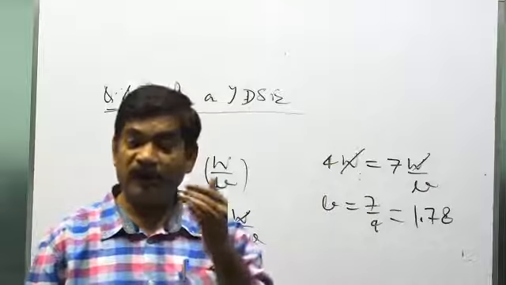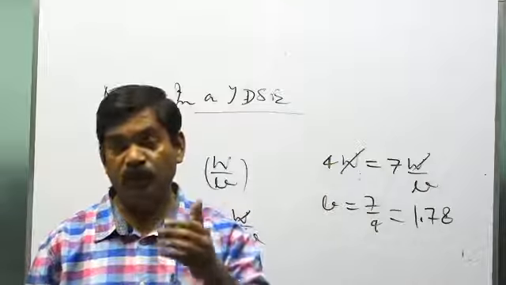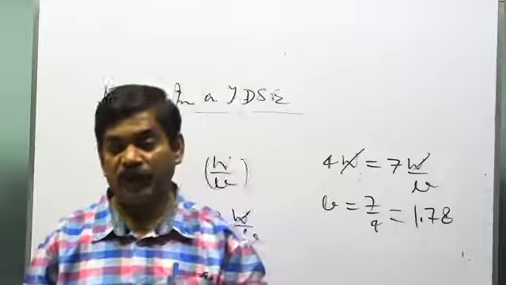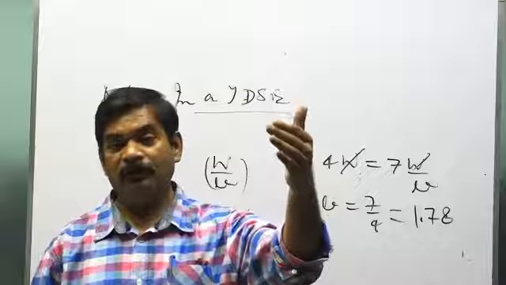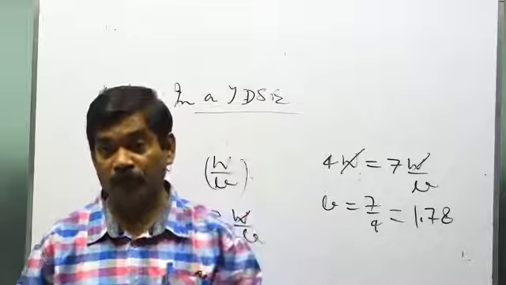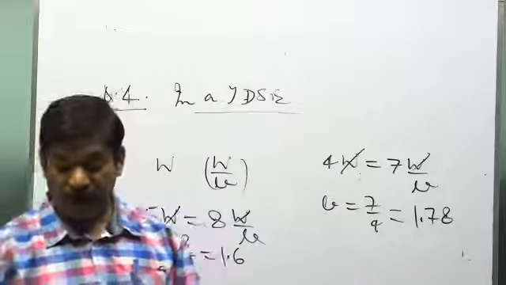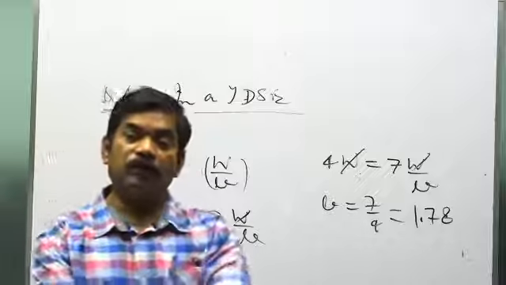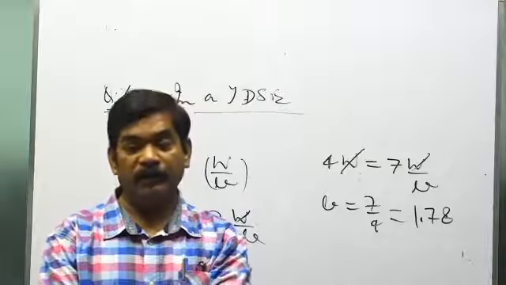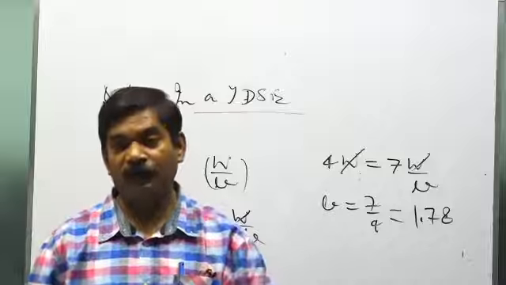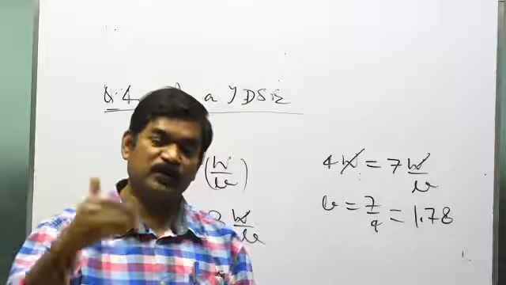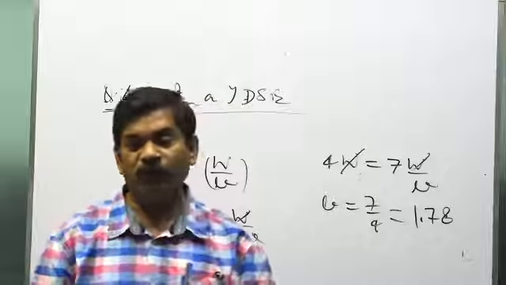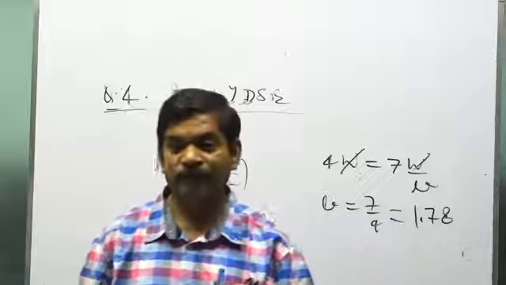But if they say the central maximum is the first maximum, meaning they don't keep n equals 0, then the fifth maximum will be where n equals 4. So from this answer, it's clear that they follow the NCERT pattern. In the NCERT, when they say fifth maximum, it is n equals 4.